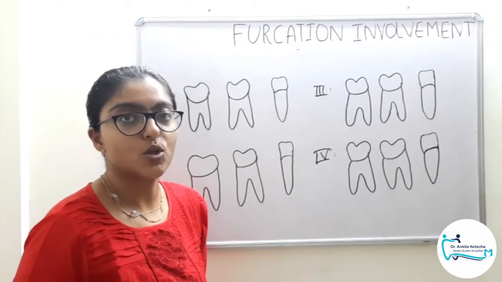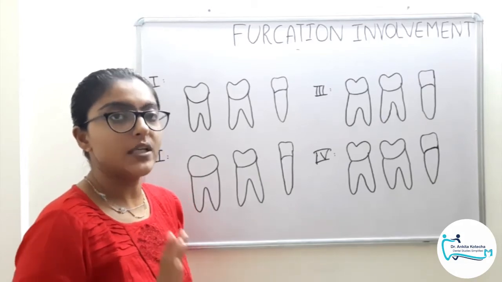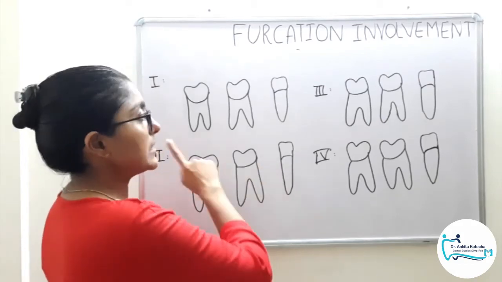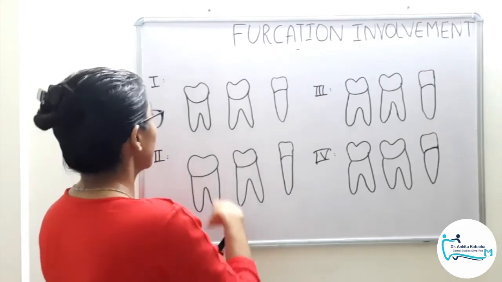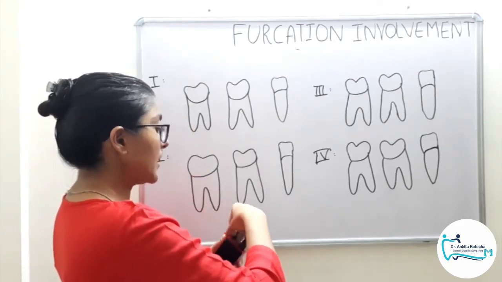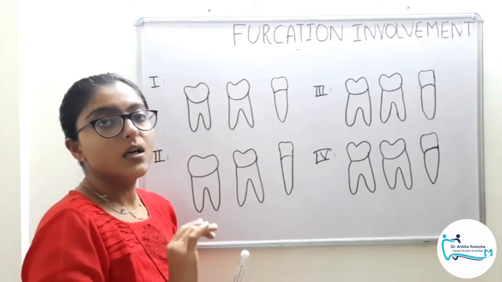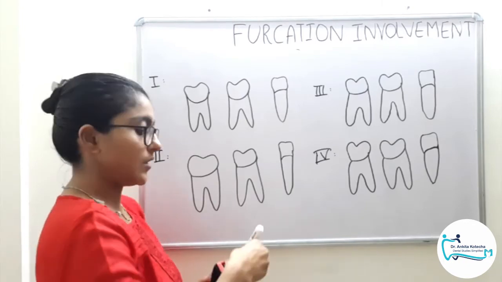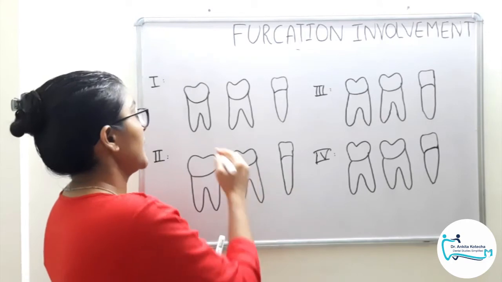So, as per the protocol, clinical examination followed by radiographic examination of furcation involvement. So, we will discuss all the 4 grades as per the Glickman's classification. So, grade 1, we will see only suprabony pocket. Grade 1 is suprabony pocket and no bone loss in the interradicular region. That means the bone in the interradicular region is intact.